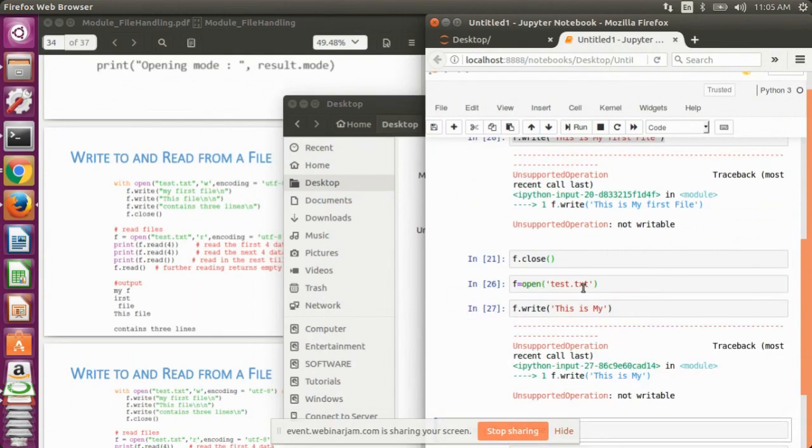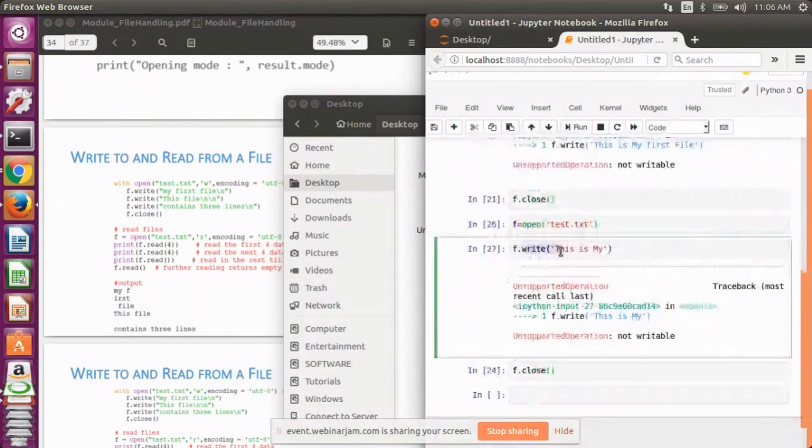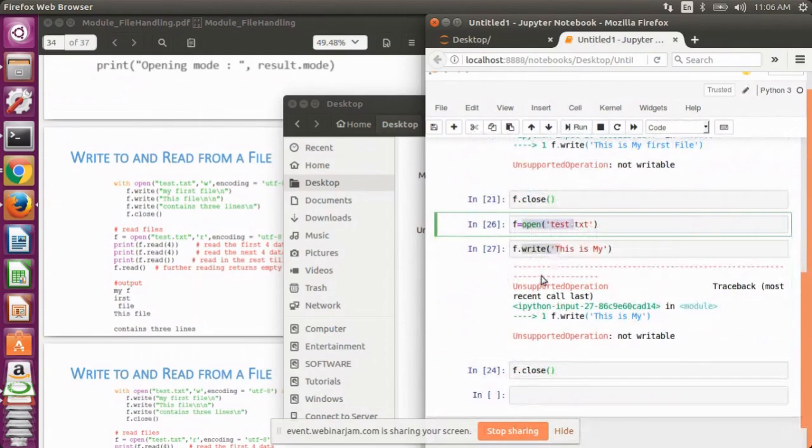Now, whenever I do not specify the mode in which I want to open the file, it is opened in the read mode only. Why? Because when I use the write operation after writing this statement, it gives me an error that it is not writable. So the file cannot be written or overridden by new content. You can see this by this statement.